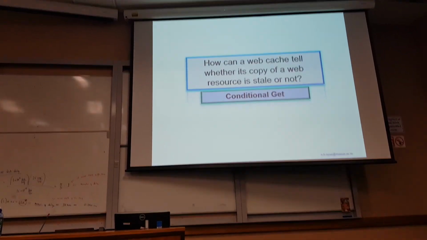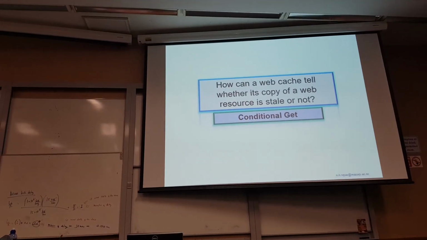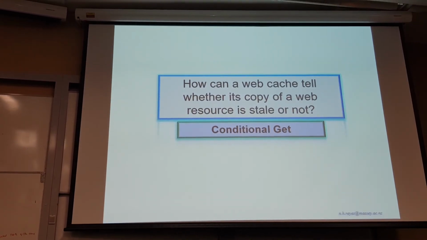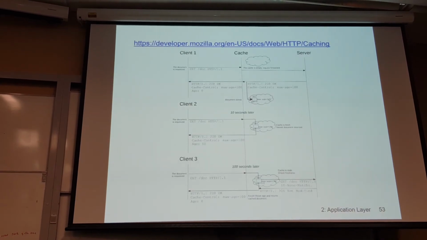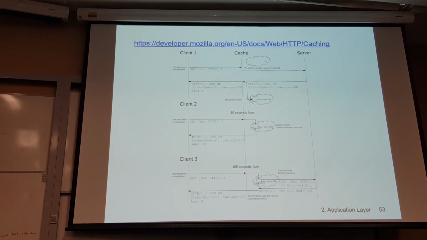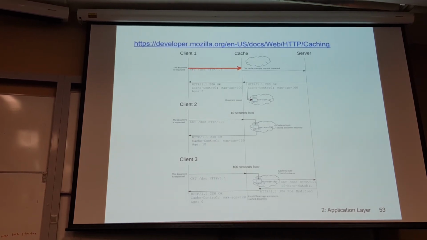Okay, let's talk about how this web cache, this proxy server works. Let's look at a scenario. I got this from Mozilla. So let's talk about a client contacting a web cache, and this client is trying to download some document. Hopefully it's big enough. It's a GET request